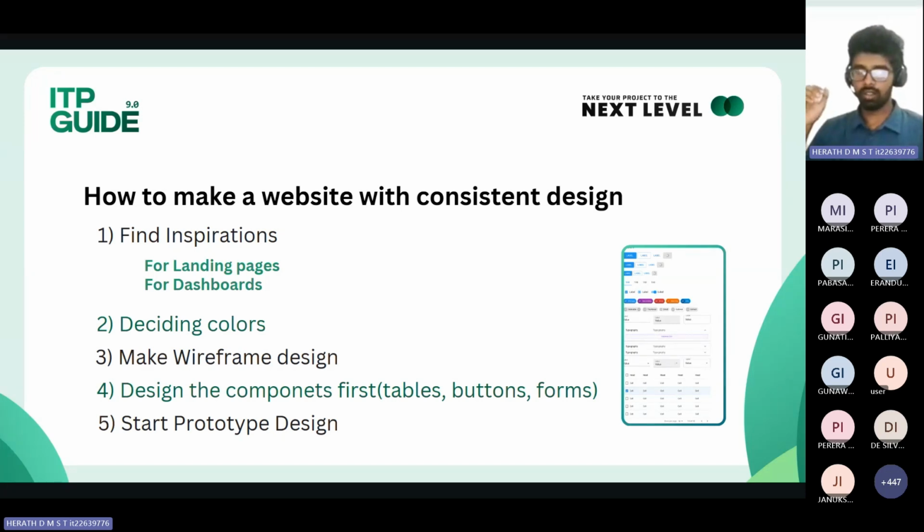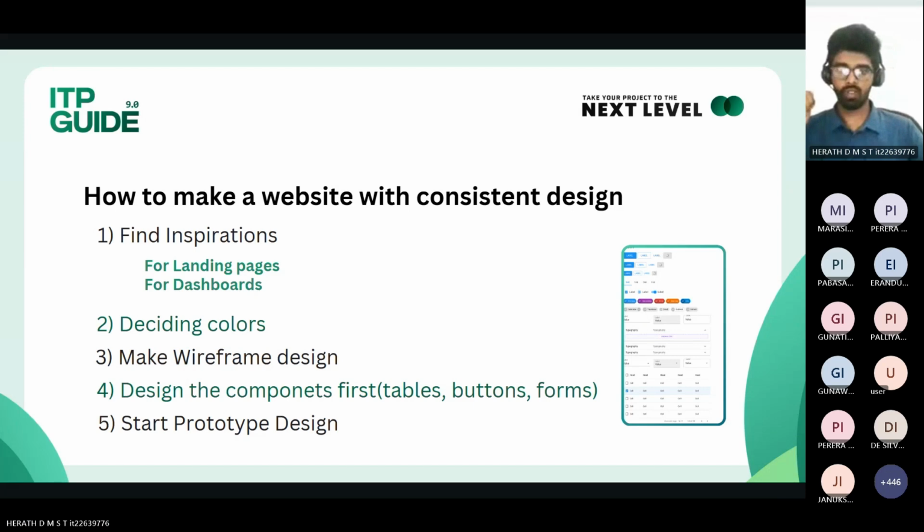And then try to decide the colors for your website. In order to follow the color rule that I mentioned before, you have to have a color template. To get those, you can take colors from the topic that you choose, because we have several kinds of topics, and we can get colors that give an idea related to our topic. So make sure to tally those colors with the idea of the topic,